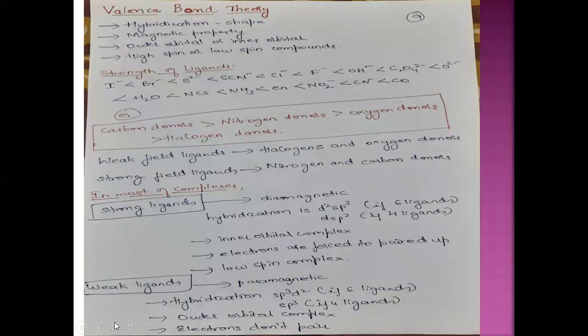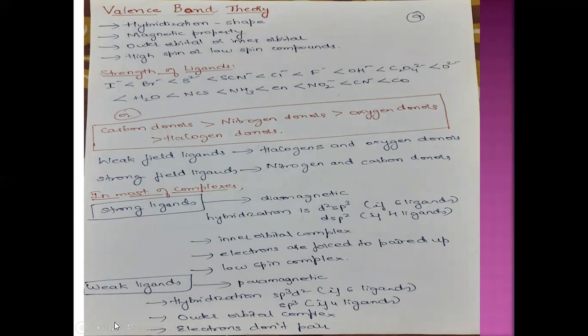Okay, magnetic property explained by VBT. Because to satisfy the exact hybridization, the diamagnetic property is deviated and the molecule exhibits paramagnetic property. So this is regarding the VBT. The valence bond theory I have simplified and given the main points, so that whenever you see the questions, whatever question may be asked, you can easily answer them. So this is valence bond theory.